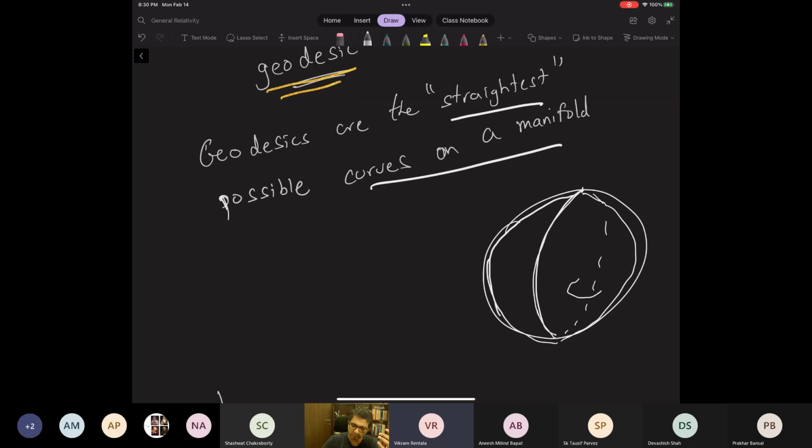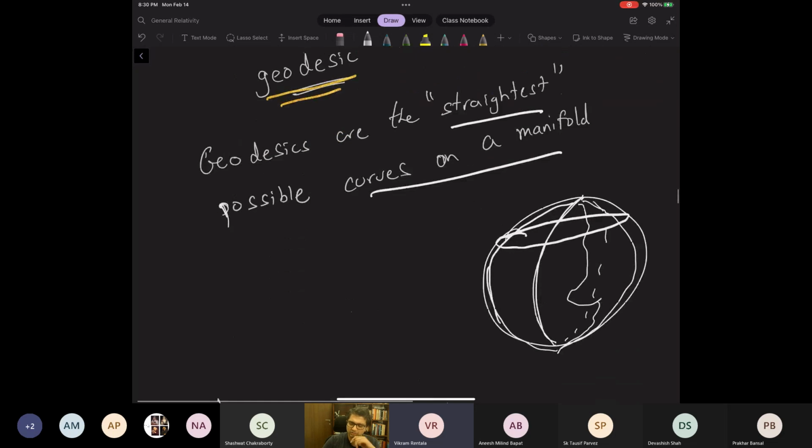These are as opposed to something like this, which is connecting 2 points. These are not straight paths, and they are basically not geodesics. Even latitudes, except the 0° latitude, are not great circles, and this is not the shortest possible path between 2 points. Sorry, shortest and longest require a notion of distance. We're not talking about distance, we're just talking about straightest in the sense of once we define